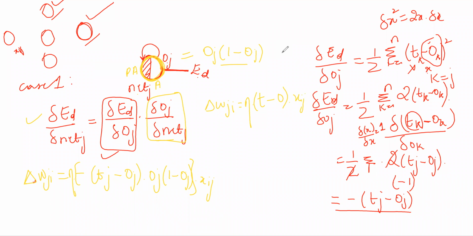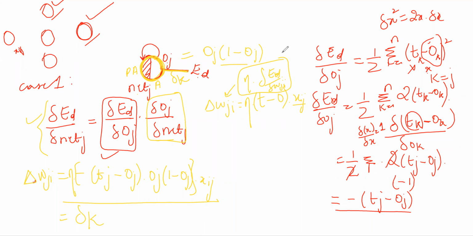Or I will just write it as Ed with respect to delta Wji. So this is basically my change in weight values. With respect to this, I have already got the terms, so I'm substituting everything with respect to Xij. I've substituted all the values and I define this as delta K. So delta K is just one simple term: the value of this path from here to here.